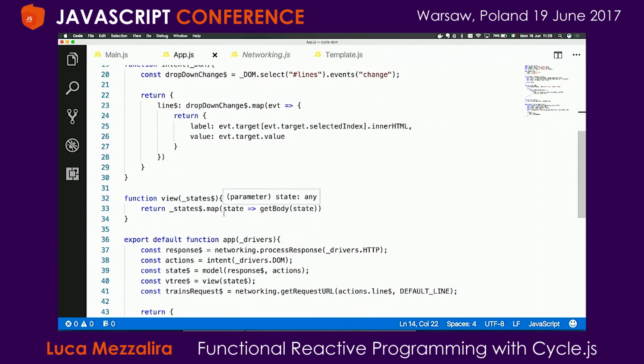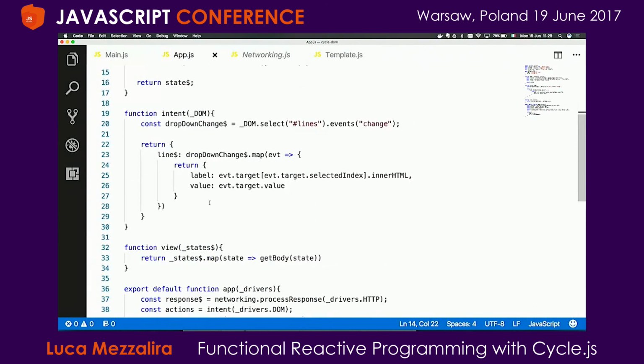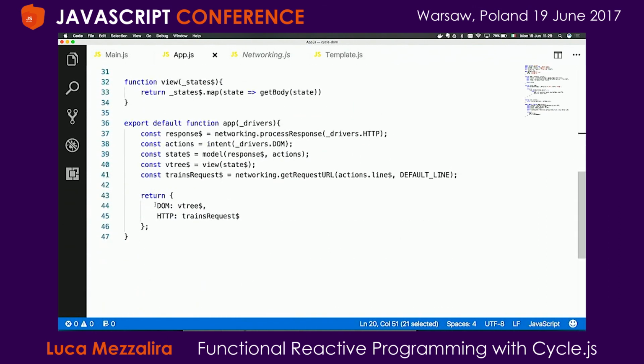After that, let's assume that I have an interaction, like the one that I showed you when I changed the dropdown. When I change the dropdown, who is listening for that? It's the intent. Here at the bottom we have the DOM, the view is preparing the virtual tree that will be used by the DOM, and then these are the drivers that are continuously cycling inside my application.